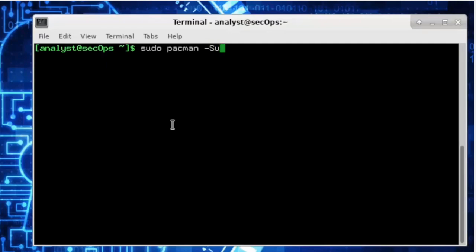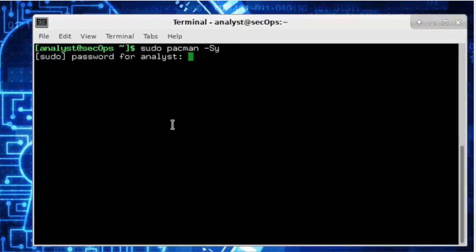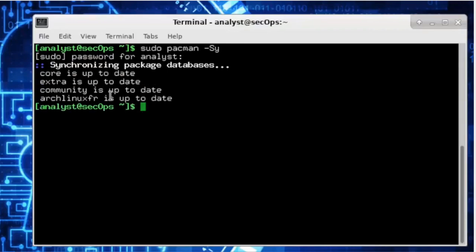And if I use a U, I can upgrade all of my packages installed on the system. If I use a Y, I can synchronize the packages. I'll put in a Y and then the password, and you can see that it's synchronizing package databases, and the packages are all up to date. So to install some software, all I need to do is type sudo